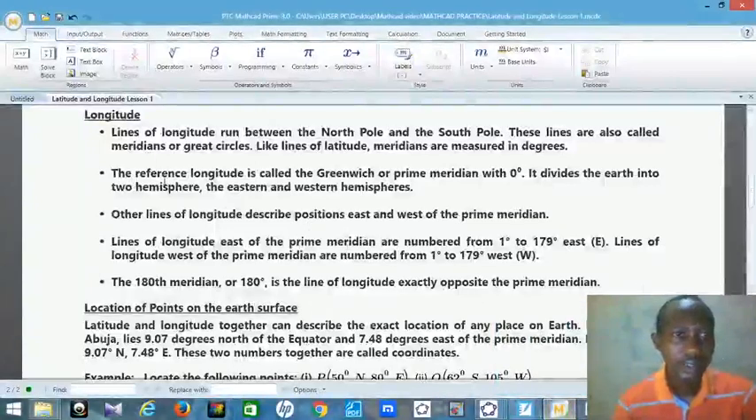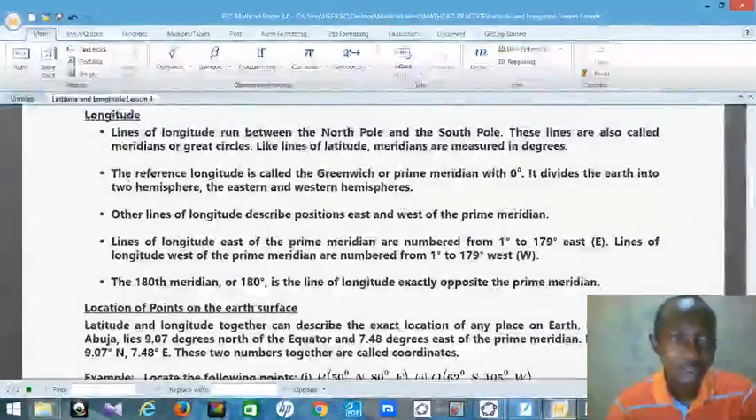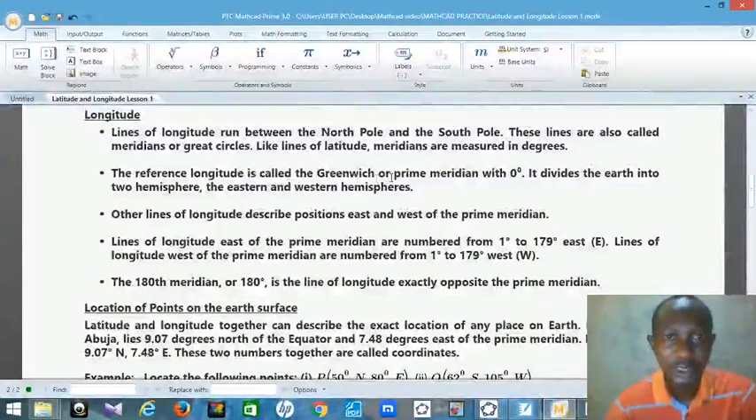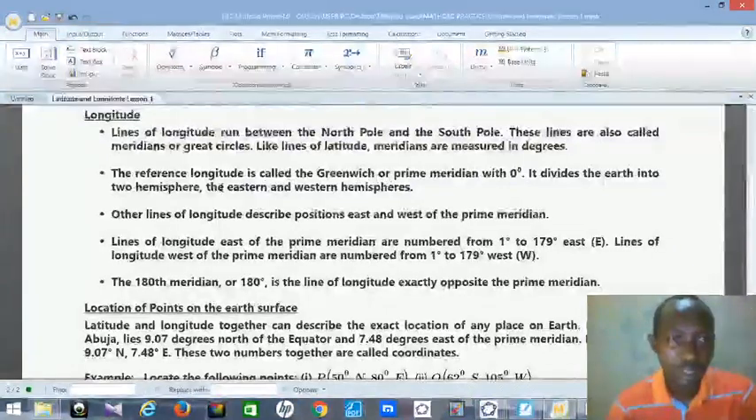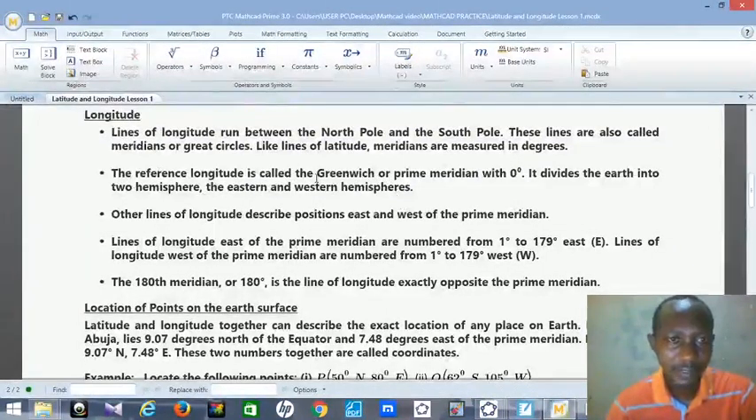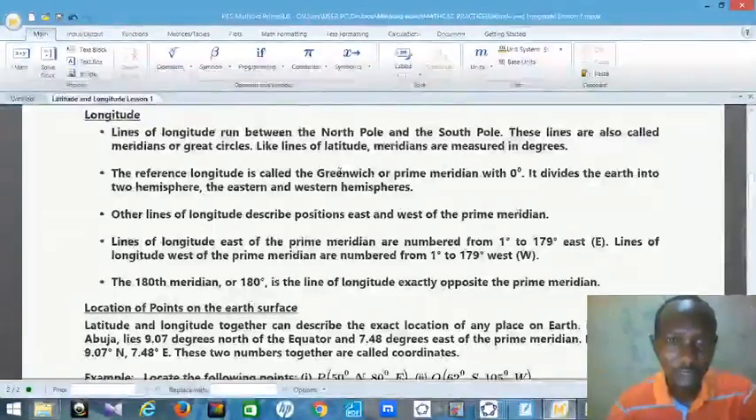Okay, then we said just like the equator is the reference of latitude, we also have a reference of longitude, which is called the Greenwich or the prime meridian. See, it's also 0 degrees. It also divides the Earth into two hemispheres, the eastern and western hemispheres. So this reference longitude is called the Greenwich Meridian. On the surface of the Earth, it passes through the